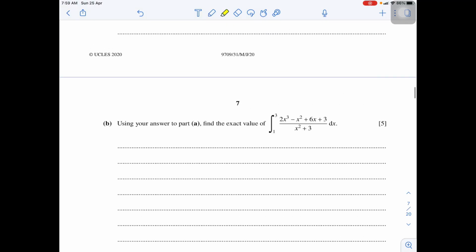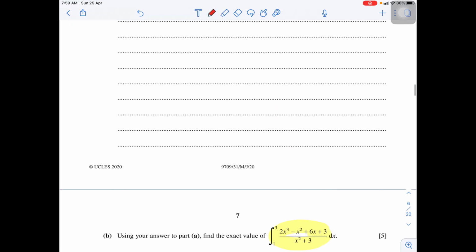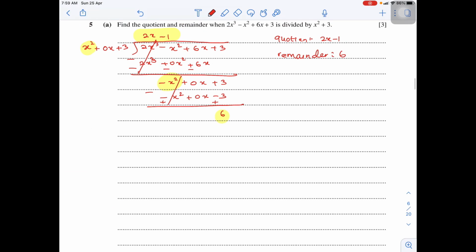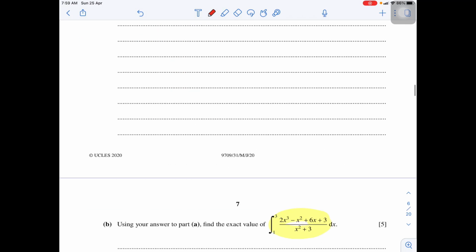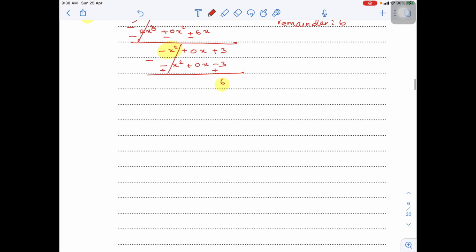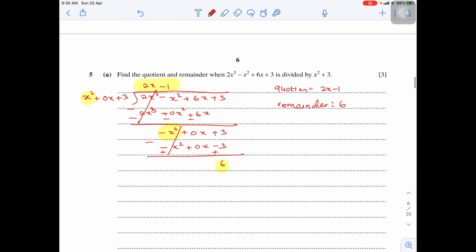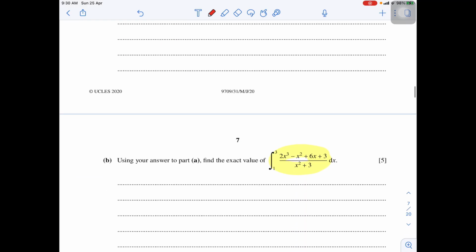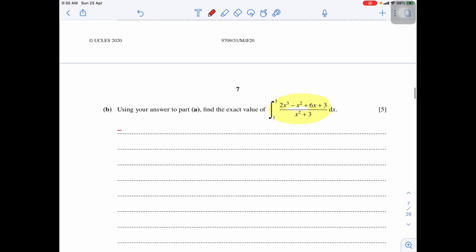Using your answer to part A, find the exact value of the integral of (2x cubed minus x squared plus 6x plus 3) divided by (x squared plus 3). So we can use the previous part: the quotient is 2x minus 1 and the remainder is 6. So we can write it like that, which is the same as the integration from 1 to 3 of (2x minus 1